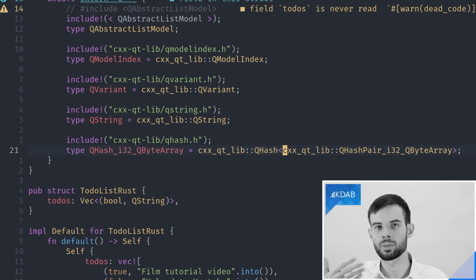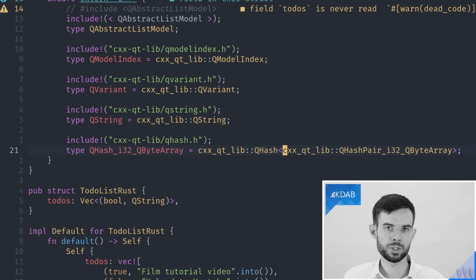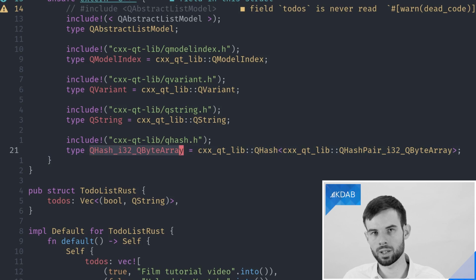So in our case, i32 and QByteArray. So the resulting QHash container that we'll get is an associative container between i32 and QByteArray, which is exactly what we'll need for the roleNames function that we will go through later. And you'll also notice that then when we use this in our bridge, this is actually a single type. This is no longer a generic type.